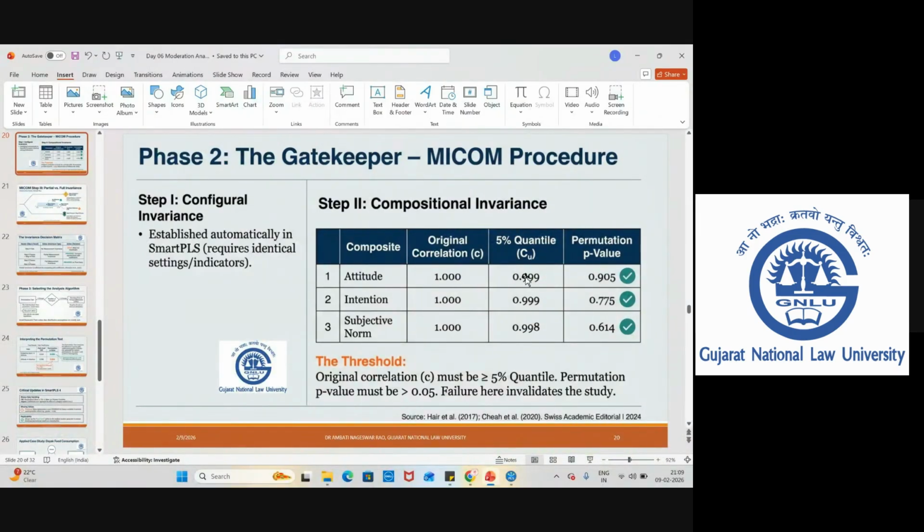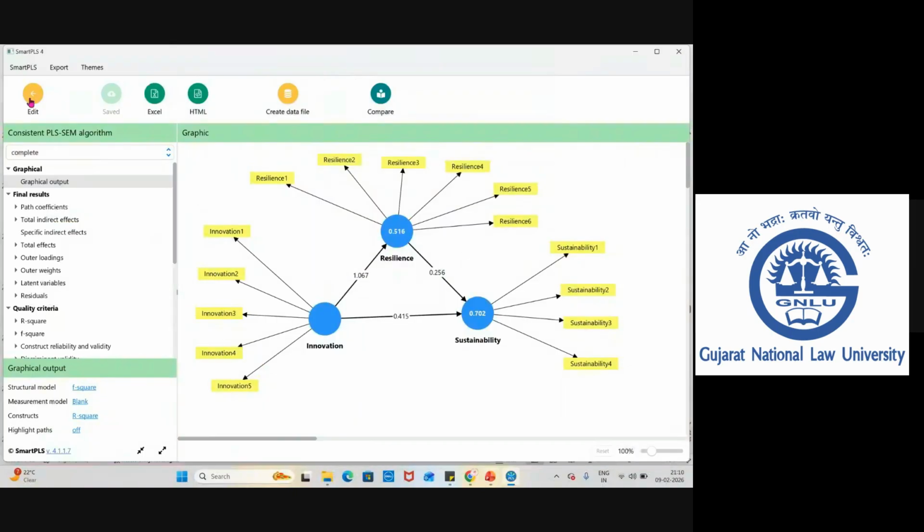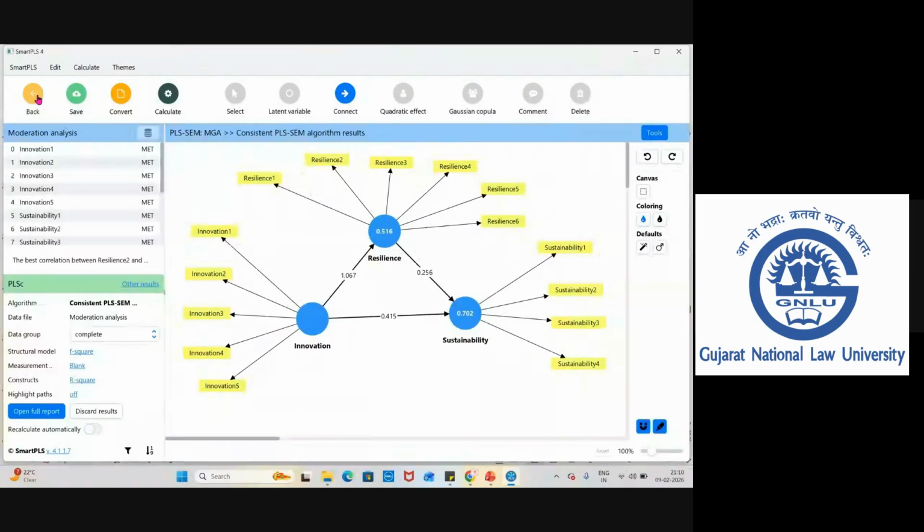Coming to step number 2, our values will be close to the original correlation. Our correlation value is close to 1. And at the same time, our p-value should be greater than 0.05. Okay, means we should not get significant results. For that, go to dataset, click on edit, go to calculate.